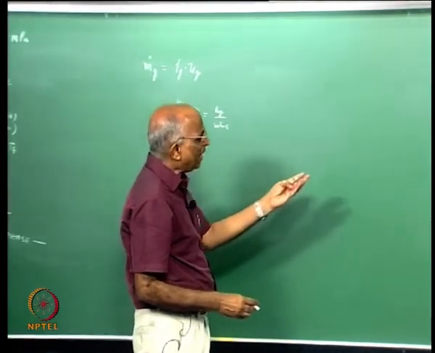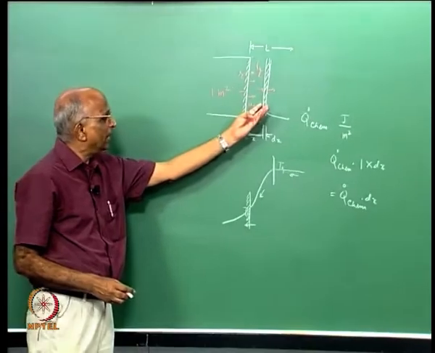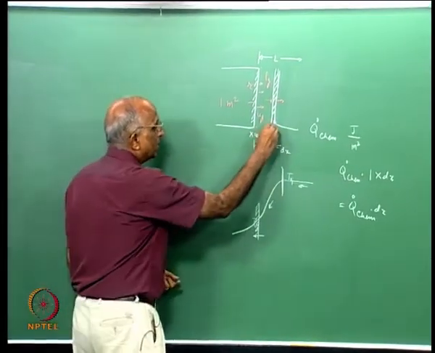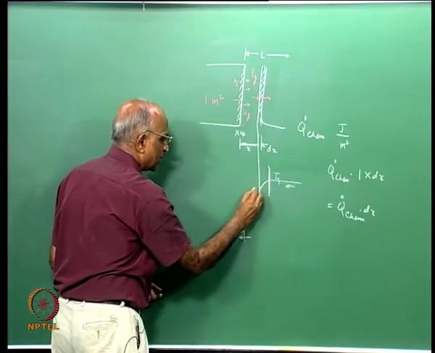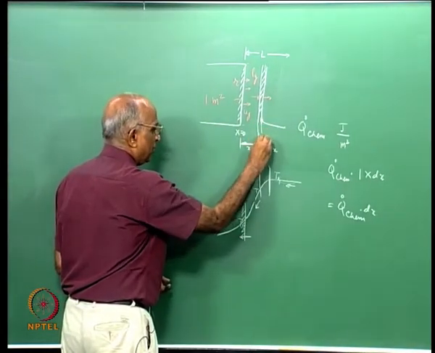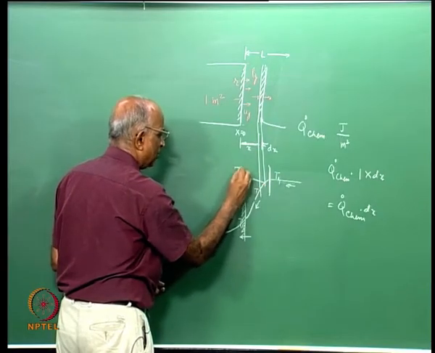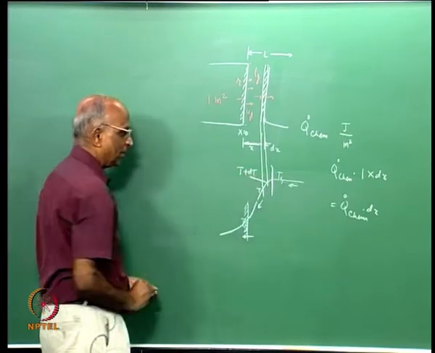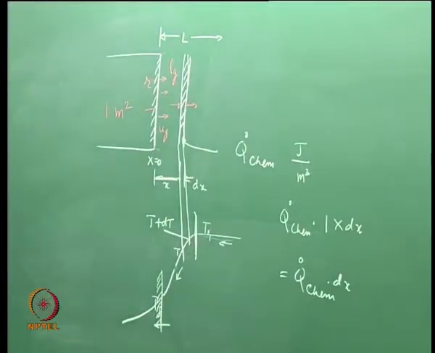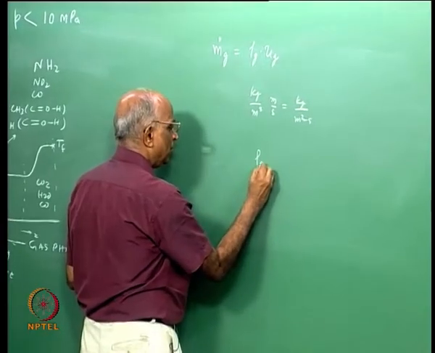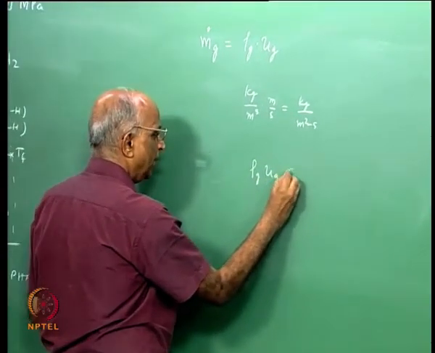And what is the enthalpy that is getting gained as it moves through? The gas is moving, let us say this particular temperature here is T, the temperature here at the next instant of time at x plus dx is equal to T plus dT, because there is a small increase in temperature, and therefore the increase in enthalpy of the gases is going to be rho g into ug into specific heat,